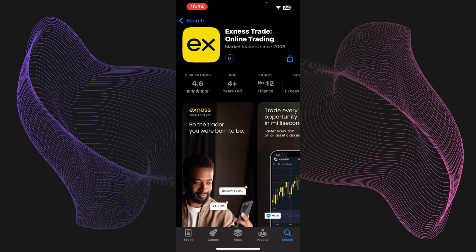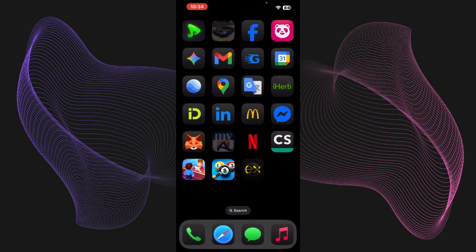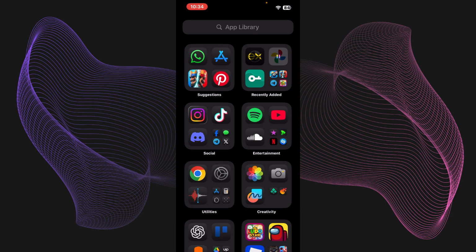So same for the Android devices, it's just like that. You can just simply download it, and here as you can see it's downloading right now and it's showing for me. Now there's one problem: if it's not available in your App Store or your